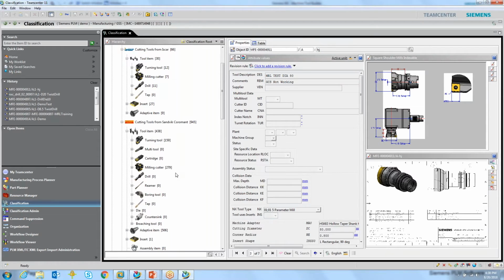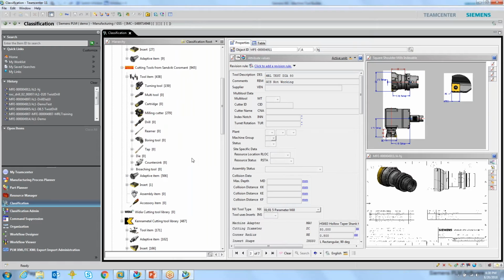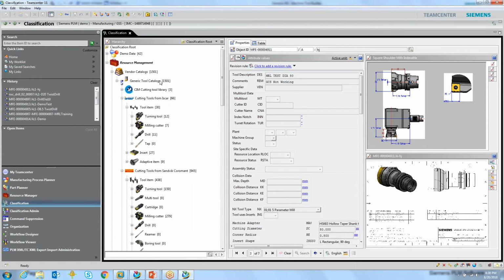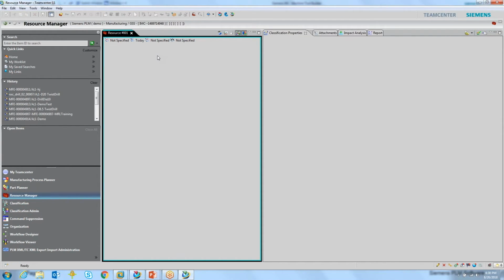And a lot of them have coordinating step files that go along with them. Obviously, you would need it for the milling and the insert style cutters. And it's quite a simple process. So then what you would do to bring in those resources,